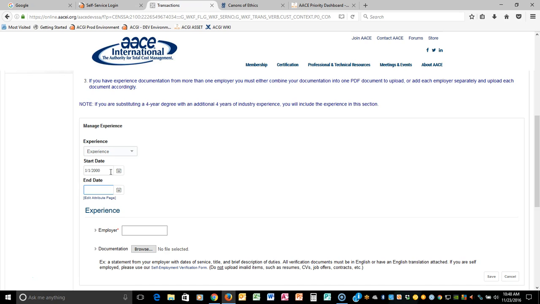If you are presently employed, you cannot leave the end date blank. So if you're presently employed, you want to put the day that you're filling out the application so that you will get the maximum points allowed for your employment. So for this particular date range, when we're done with adding this particular entry, we should get about 16.9 years